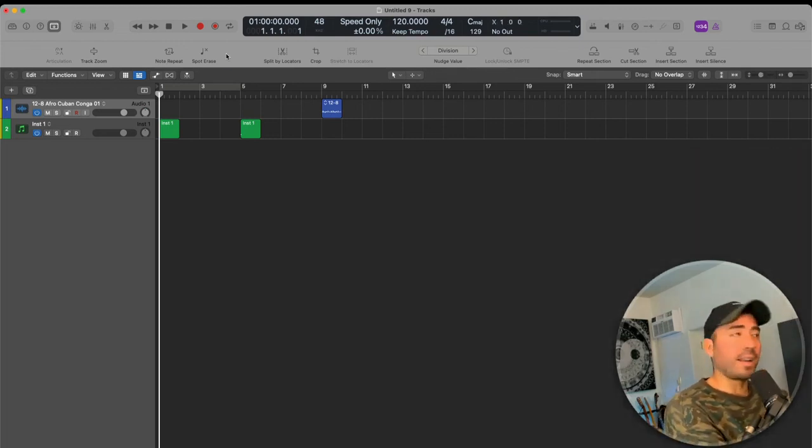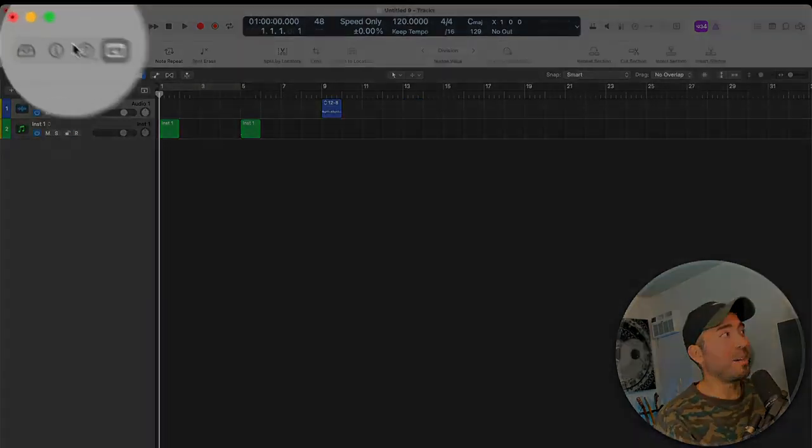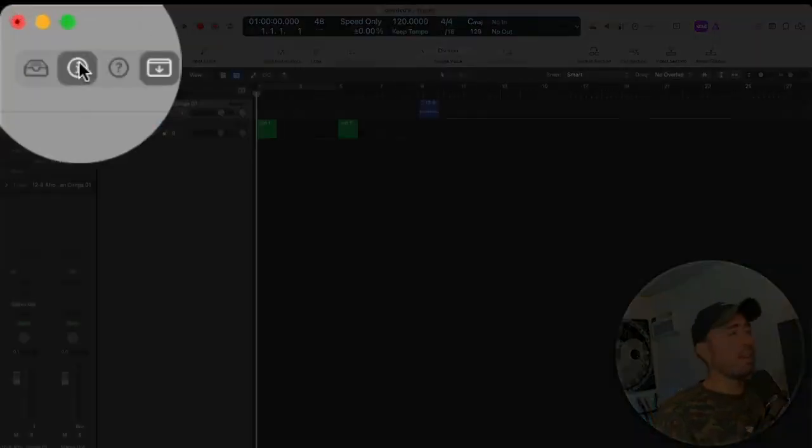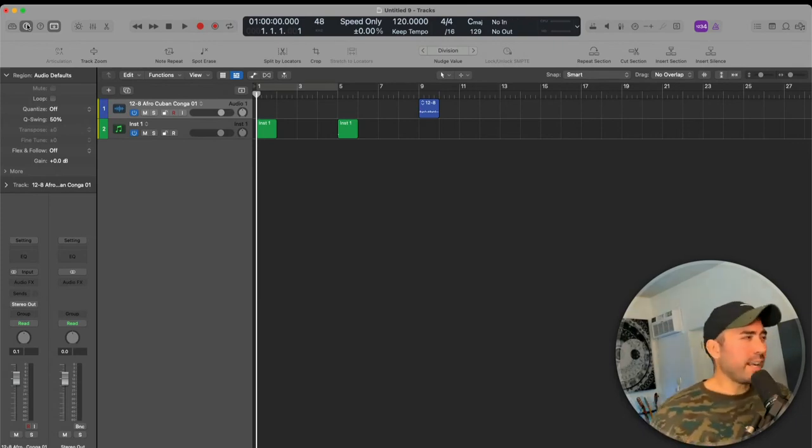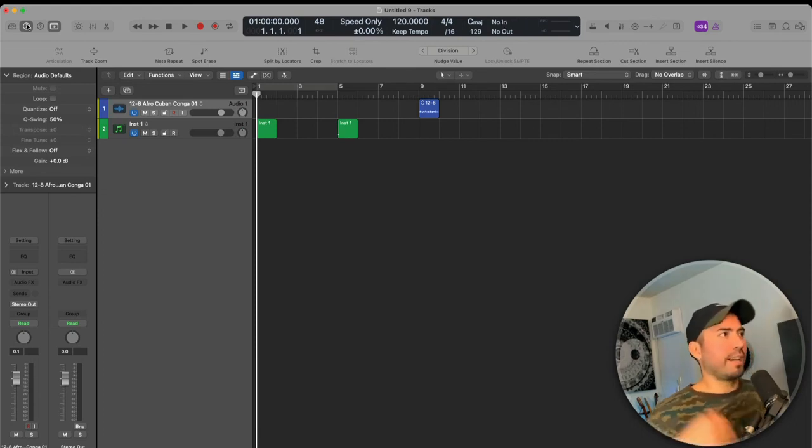And if I hit the key command I, or the I up here, this stands for the inspector. And this is like your right hand when it comes to Logic Pro. It's going to help you climb a lot of different mountains and handle all sorts of different problems in the world of audio. So these are key subjects to look at: control bar, toolbar, the inspector,